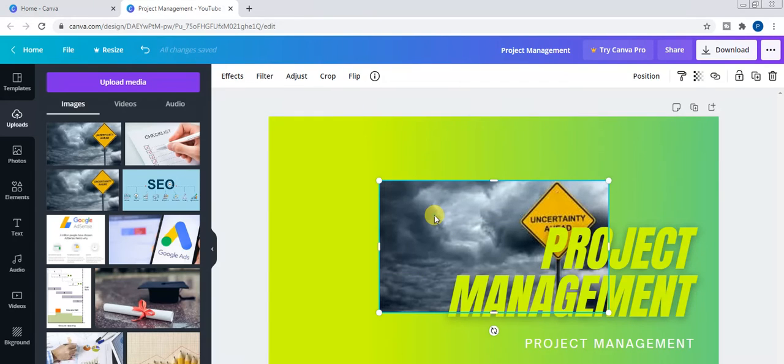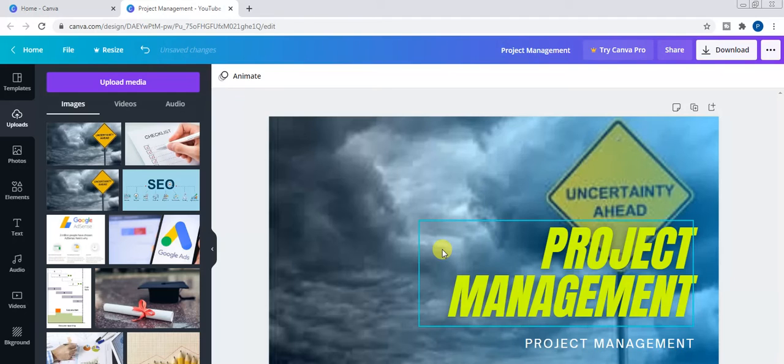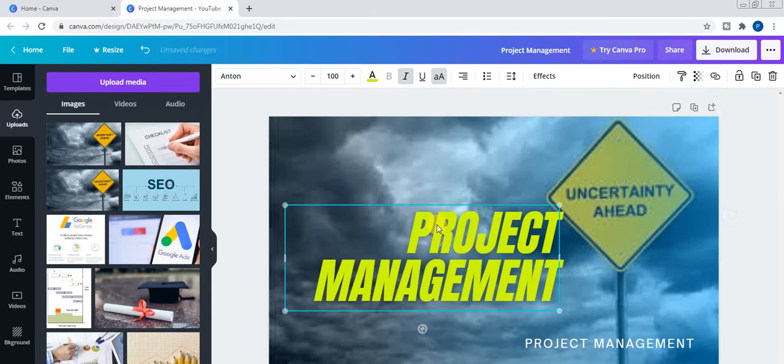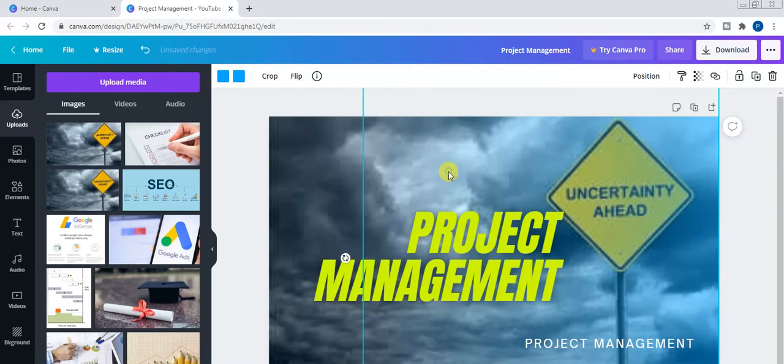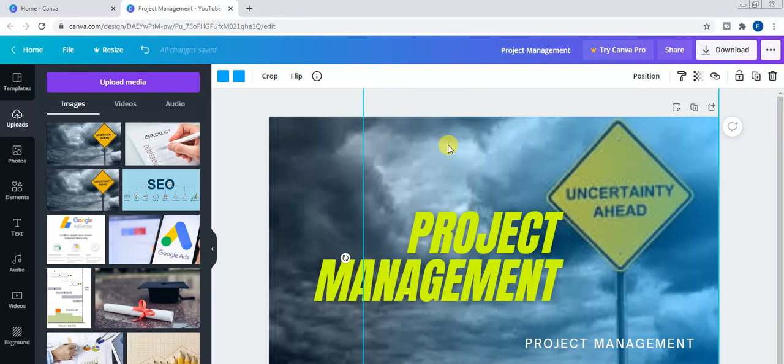Here you can see, in that way it has been changed. I can change the color of the text like that, and now it is coming. Here you can see, if you click here, the send backward and send to back options are also coming. So this is a very good YouTube thumbnail you can create.